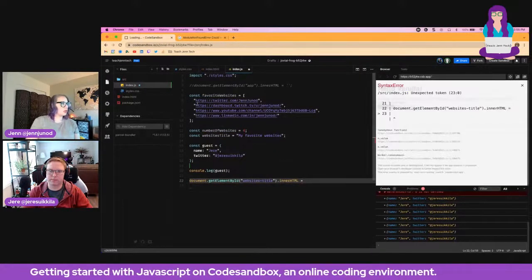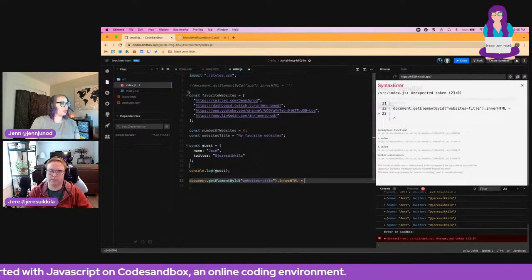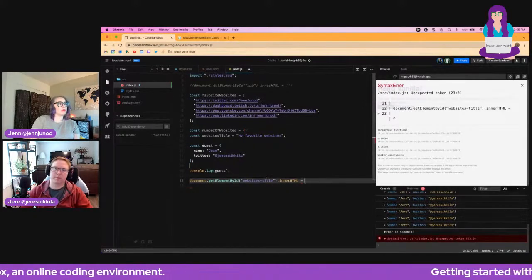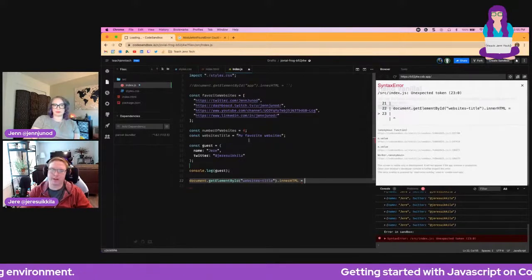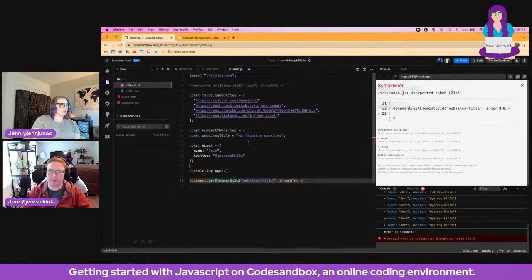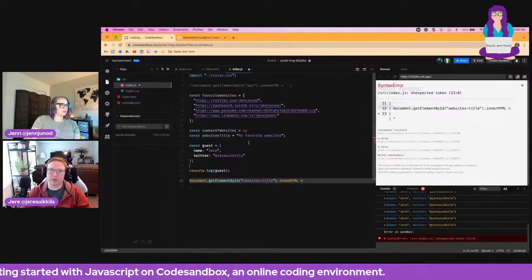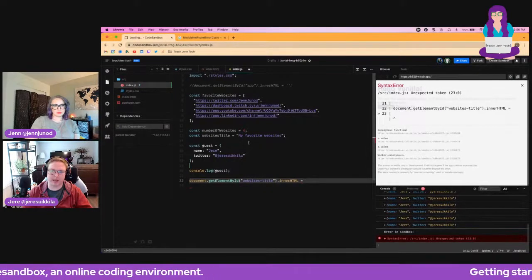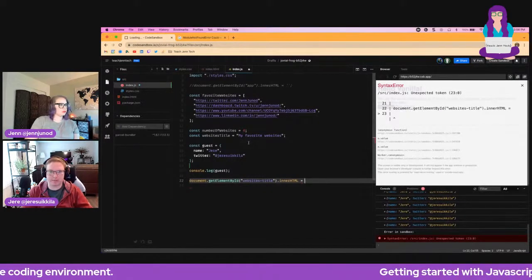And then I would copy and paste this one down there, or I would put this above that one. Now we've declared already the variable, right? Now we want to use that variable. So in order to use the value inside that variable, we refer to it with its name, website's title.